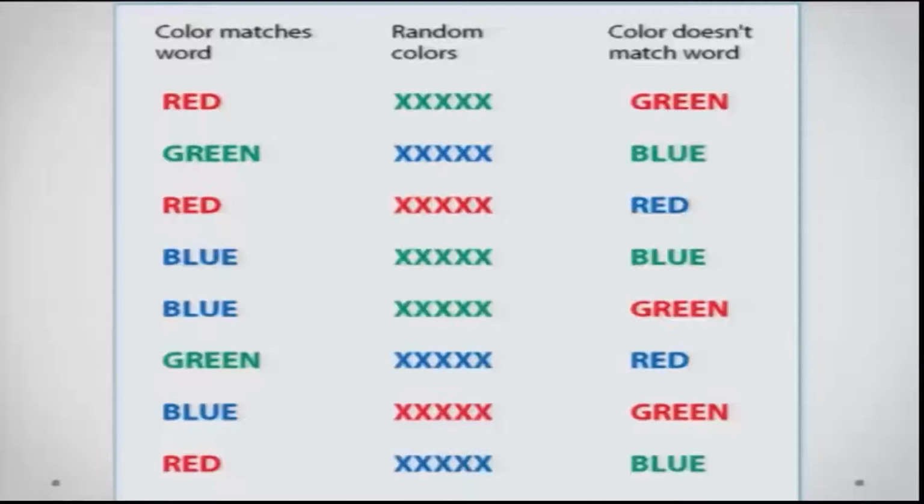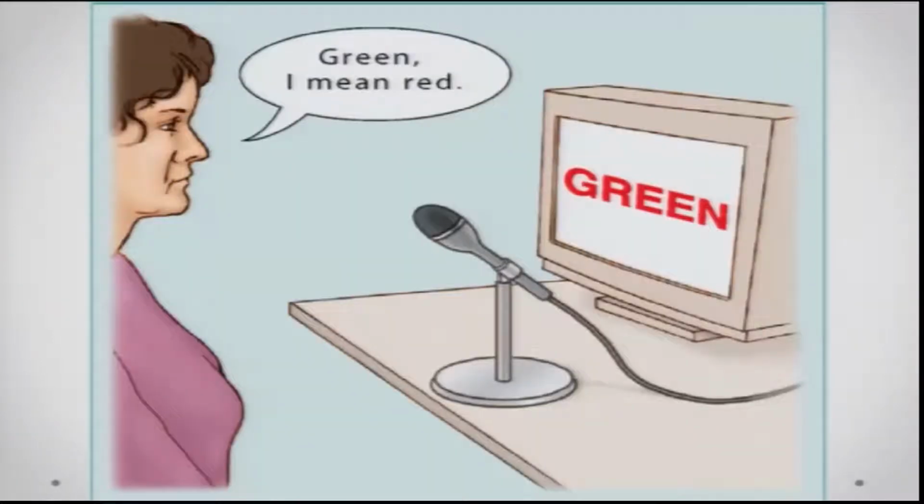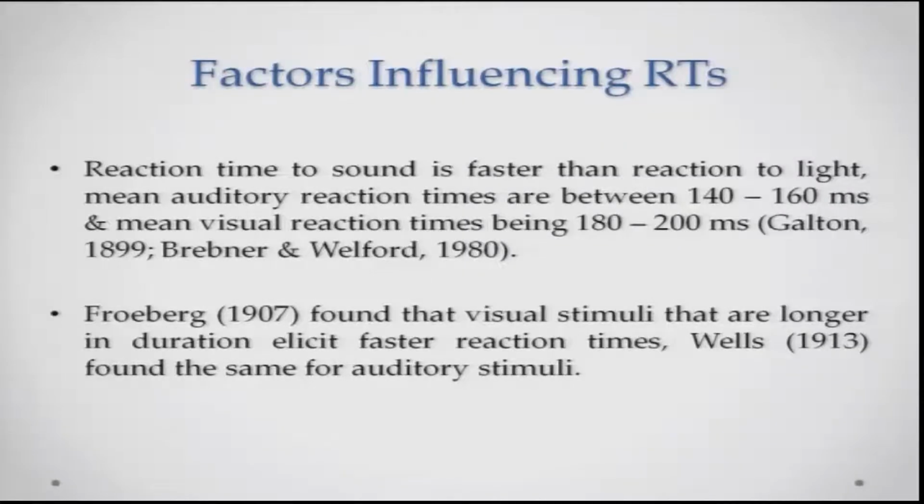You can see that these are the kinds of stimuli that were used. For example, red is presented in red ink, whereas red is presented in blue ink, or green is presented in green ink, or green is presented in red ink. And this is what the performance of participants could be like. You are seeing green written, but it is presented in red ink, and you actually have to just name the color of the ink. That is what leads to this conflict. So, these are the three very basic kinds of reaction time tasks